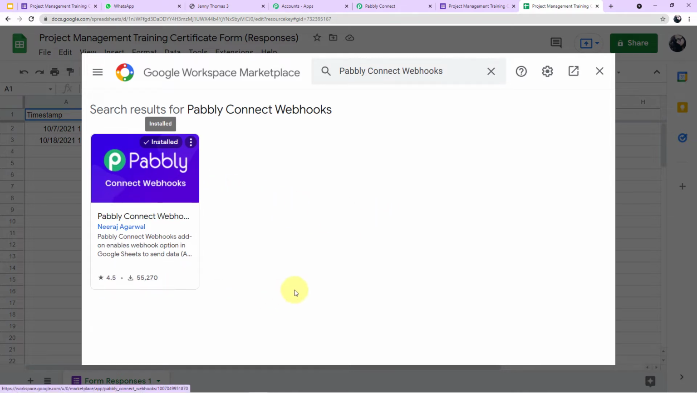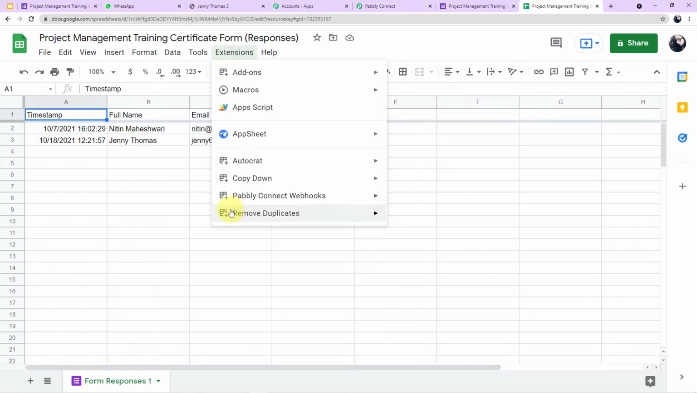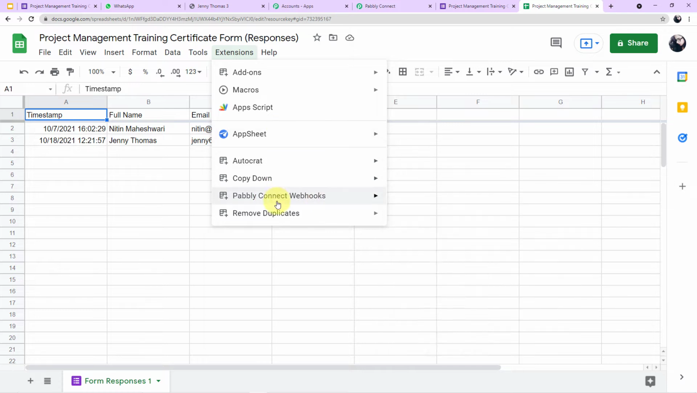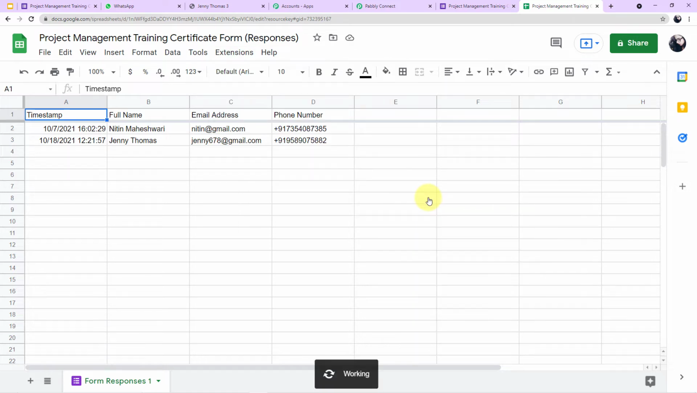So you have to install this first, and after installing this, what you have to do is to refresh your Google Sheet. So this is an important step. Do not forget to refresh your Google Sheet after installing the Pabbly Connect webhook functionality. Alright, so after refreshing the sheet, when you click on extensions, you will find this Pabbly Connect webhooks option available here in this drop down. Alright, so from this option you have to click on this initial setup, click on it,